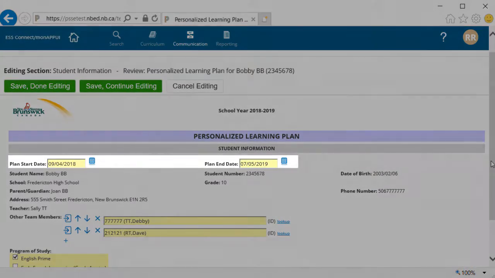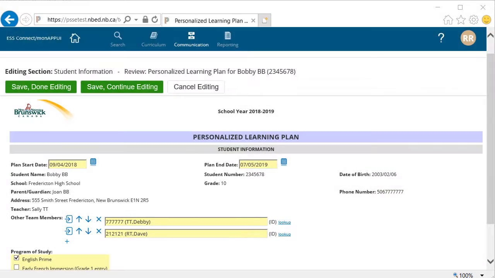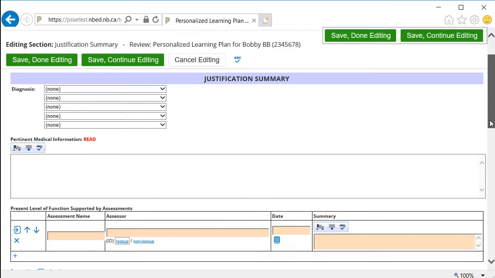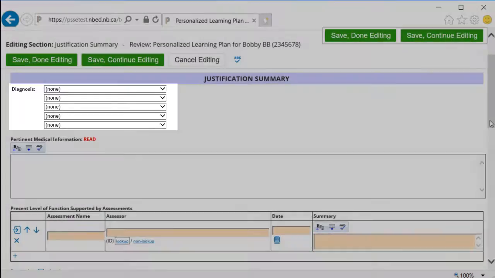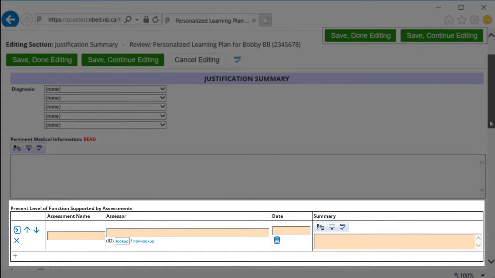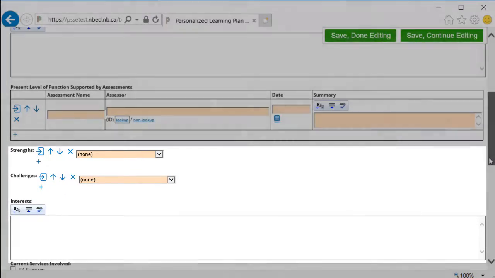Start and end dates will need to be added, as well as any additional team members. In this pop-up window, the different types of plans for the student are listed. Next is the Justification Summary. The Justification Summary replaces the justification statement from the old PLP. The student's diagnosis, relevant medical information, present level of function based on recent assessments, strengths, challenges and interests, and current